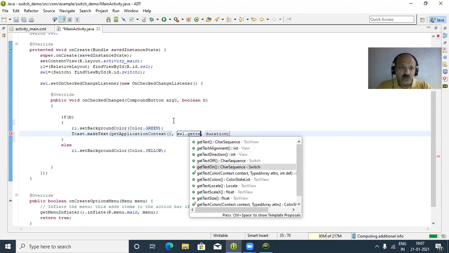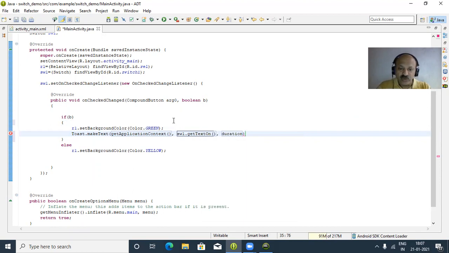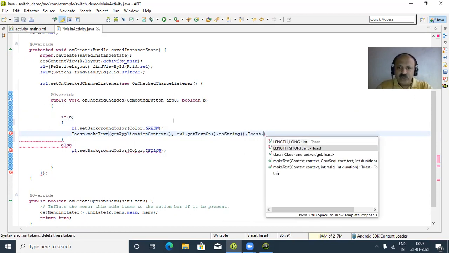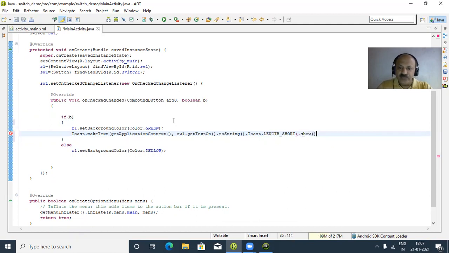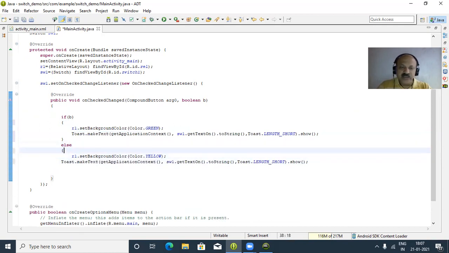Here you can look, by default, means if condition is true, so that is on, and then toString, yes, and that is Toast dot LENGTH_SHORT and show. And so I copy this Toast class and paste it here in the else part.